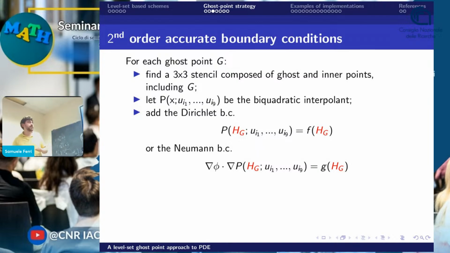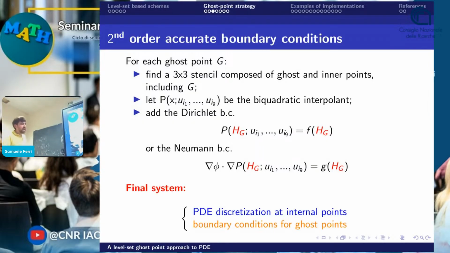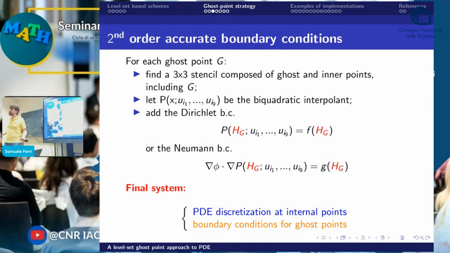And then we find the biquadratic polynomial, let's call it P, and then discretize the Dirichlet boundary condition with the point G, or the Neumann boundary condition using also G, but also the normal, because the Neumann boundary condition uses a direction. And so we have a bigger system which has the PDE discretization at internal points, which is the standard one, but we add all the equations regarding the boundary condition for ghost points. But actually, maybe this could be hard